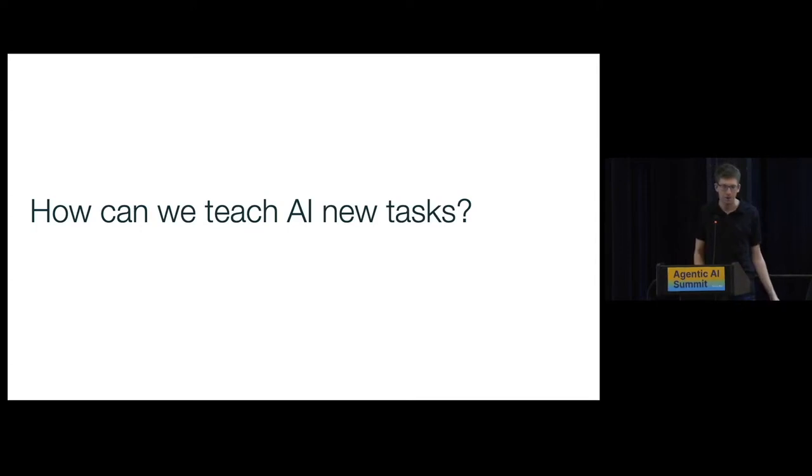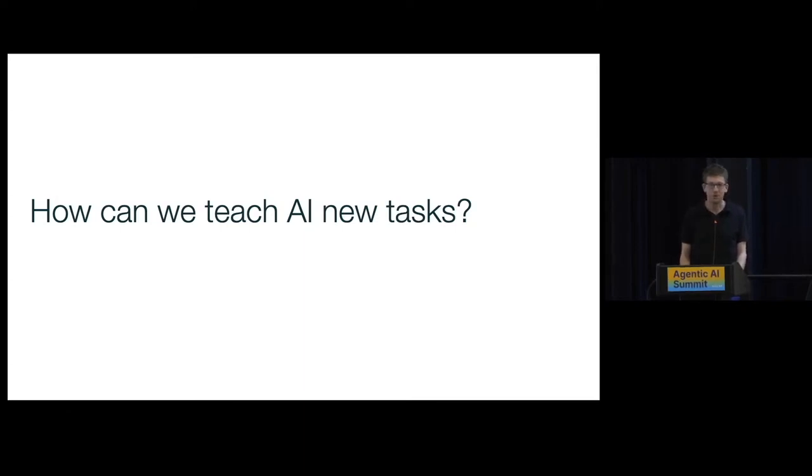Everyone is here, like 12,000 people or whatever, because AI is promising, but it doesn't quite do what we want it to do. If it just did what we wanted it to do, we wouldn't come out on a Saturday to a conference about it. So obviously, it's important to be able to teach it to do the new things we're trying to build in our application.